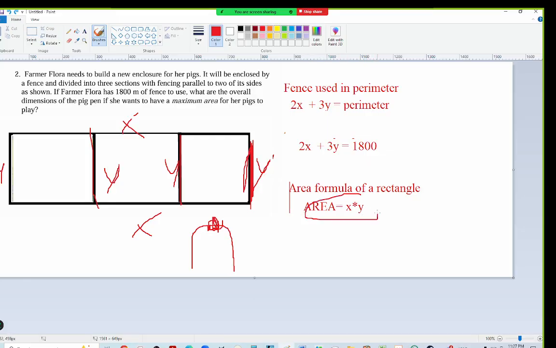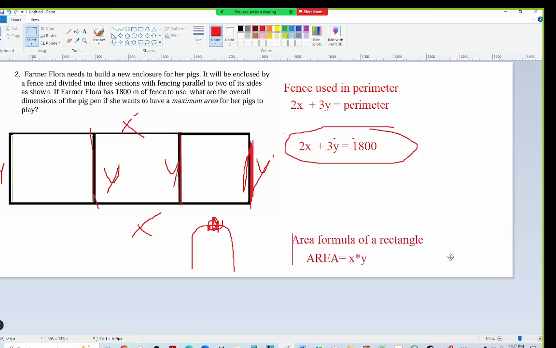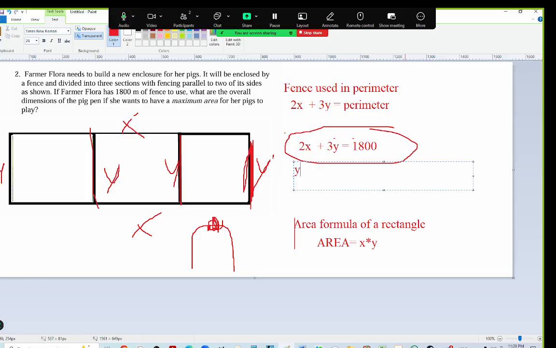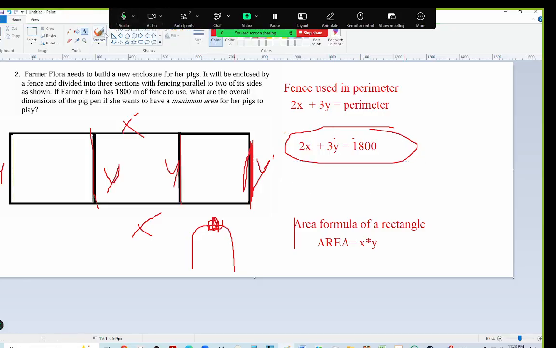The problem is all our parabola formulas for max area do not have an X and a Y. So whenever there's two formulas, you have to find a way of replacing one of the items in there with the other item. Since we want to find max area, we're going to work with this area formula. I want to find a way of replacing that X and that Y. So I'm going to rewrite this perimeter formula in terms of either Y is equal to or X is equal to. Let's start with saying if I wanted Y all alone in this formula here,